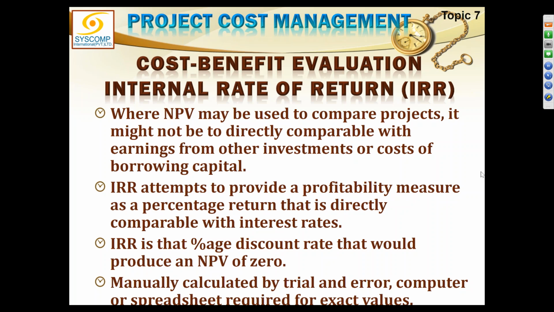So I will try 7%. Still I get a negative value. I try 6.8%. Still I get a negative value. I try 6.7%. Now I get a positive value. So my zero is between 6.7 and 6.8. So I try 6.75, and this is how I keep digging down and I come up with a percentage